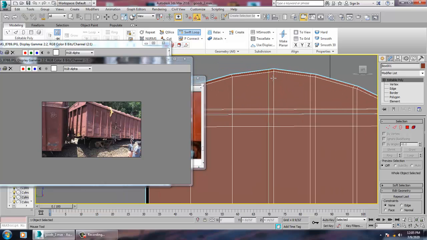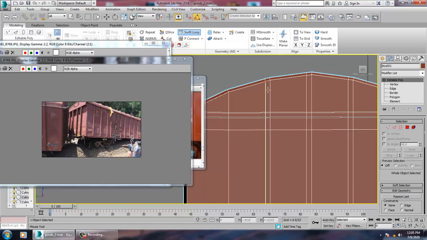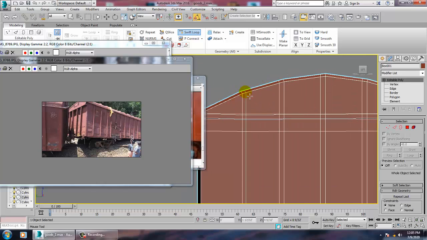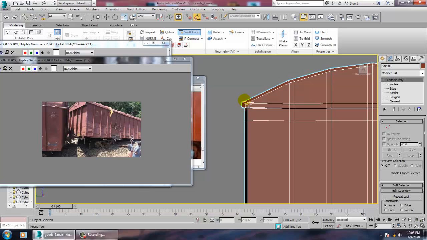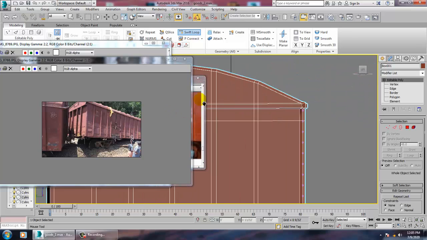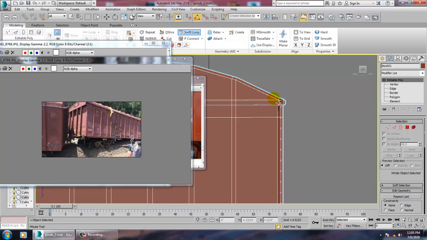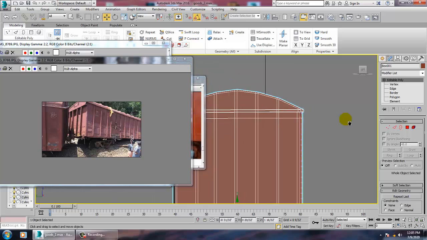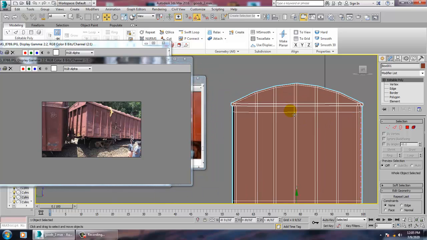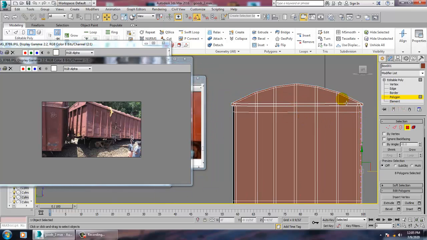So we need to assign this swift loops everywhere. Alright. So once you have assigned this swift loop over here,